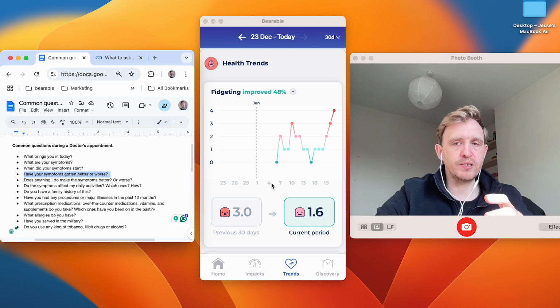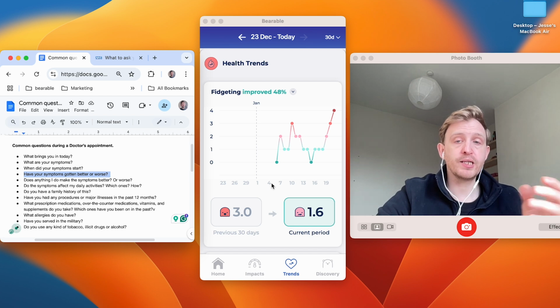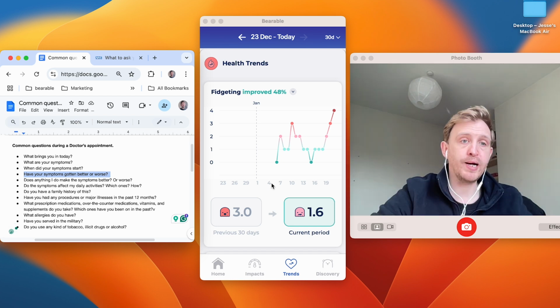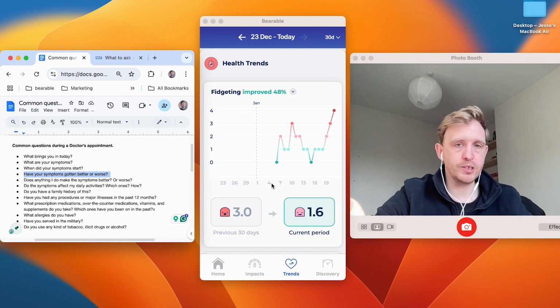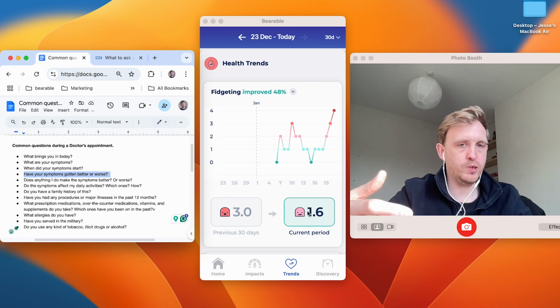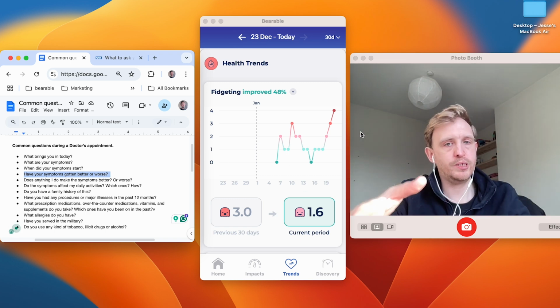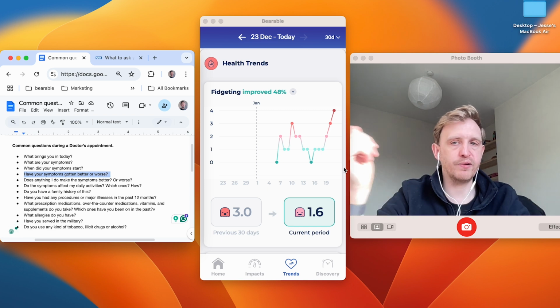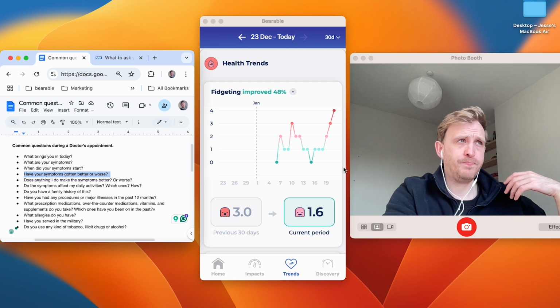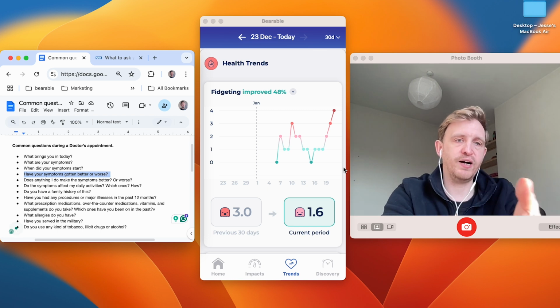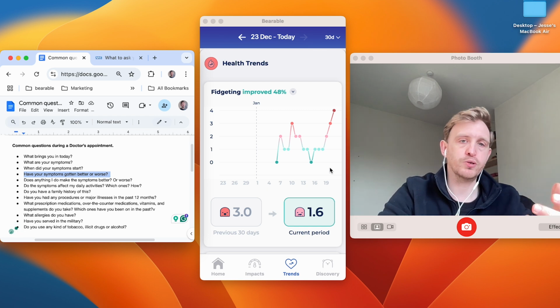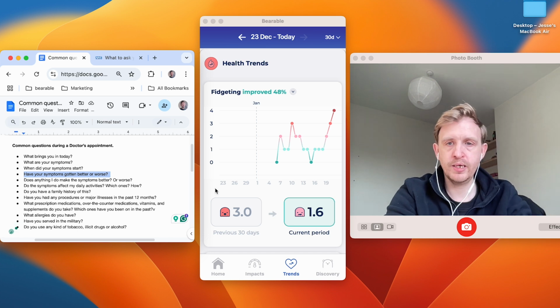So here, if you've got a specific question that you're answering and you have data in the app to help answer it, this is going to help illustrate that. This is the priority symptom that we've outlined. They're going to have questions about whether it's better or worse and how it's changed over the short term and the long term. This is one way to illustrate that and to show the complexities of how it's changed, rather than just saying it's better, it's worse to your doctor. You'll have some data to reinforce how it's better and worse and over what period.